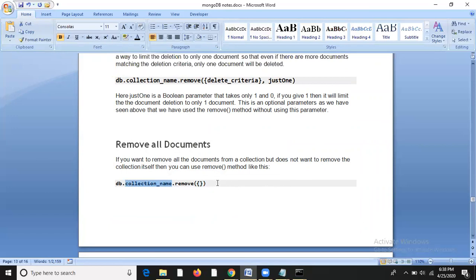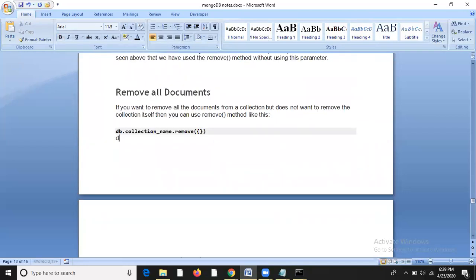So if I want to delete the documents in my student collection, the command will be db.student.remove, and then inside it I will write curly braces. This is how you delete your records. In our next session we are going to discuss a very interesting topic called projection.